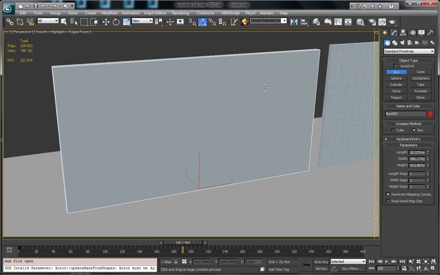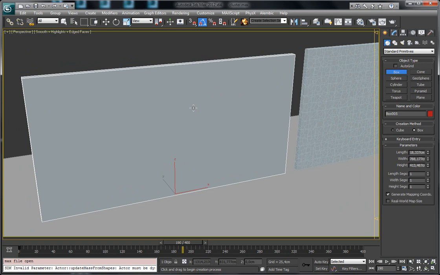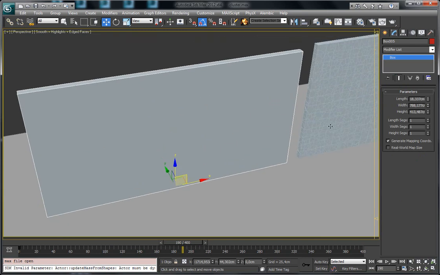Hello, in this video I want to show you how to use a new modifier, RayFire Cluster, in version 1.62. Its purpose is clustering simple fragments into more complex ones, and it uses geometry elements and combines them into more complex fragments. So first of all I will use a simple box just to show you how it works, and